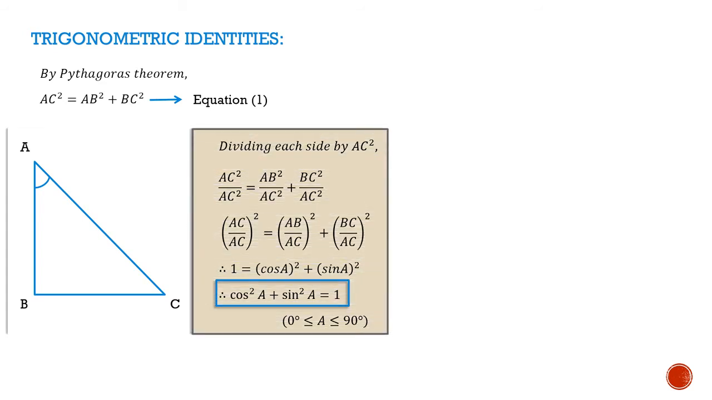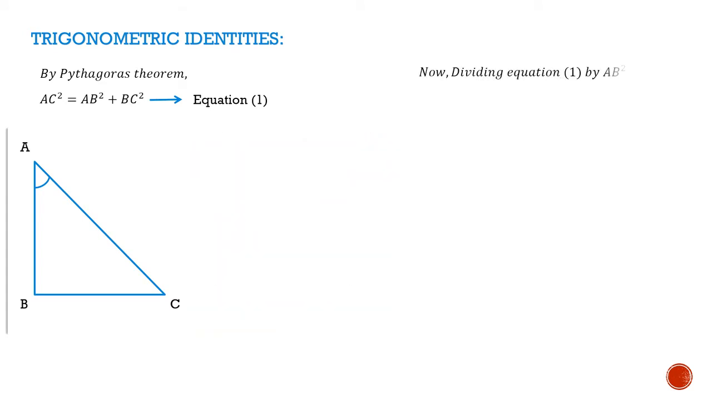Okay, let's see the next one. Now we shall be dividing our equation number 1 by AB square, and when we do that, this kind of situation arises. If you see the ratio once again here, AC divided by AB, which is the reciprocal of cos, because it is hypotenuse divided by adjacent, and AB will cancel out and it will be equal to 1, and this BC divided by AB, that is opposite divided by adjacent, means it is tan A,